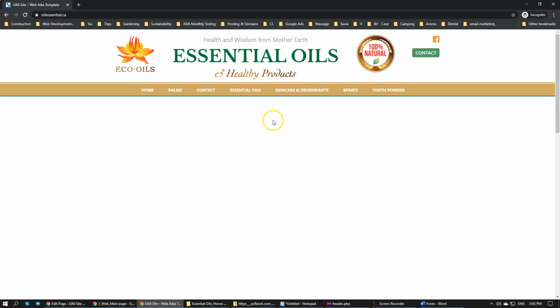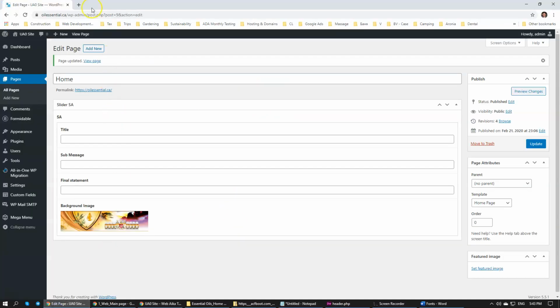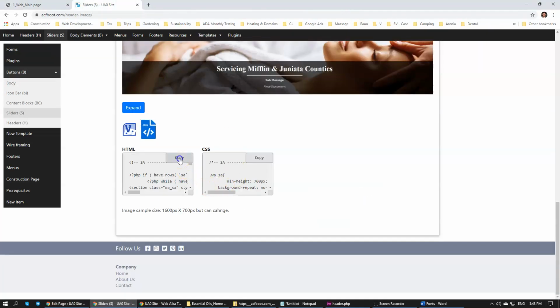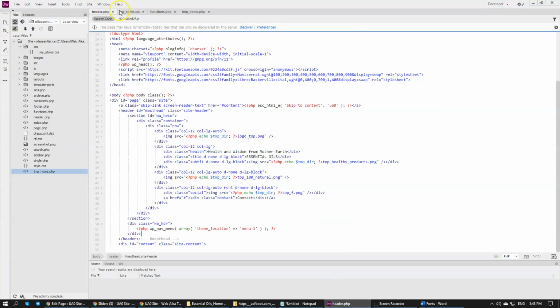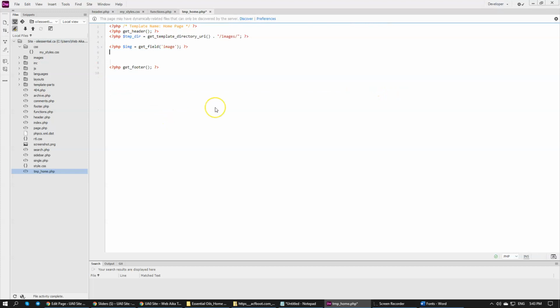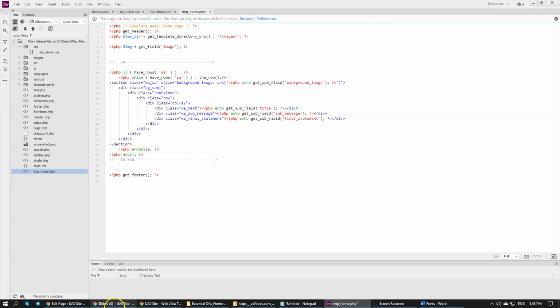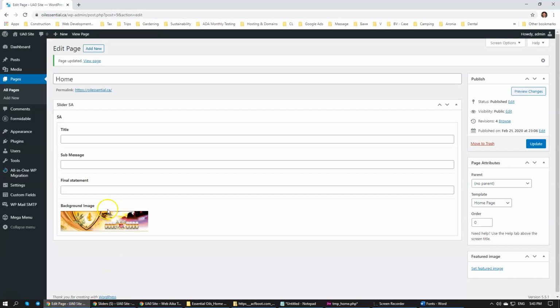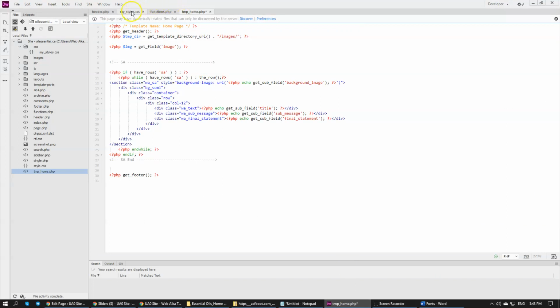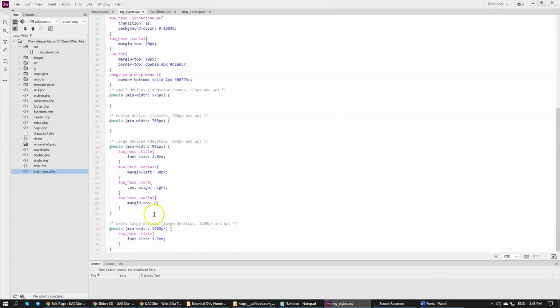And you'll see that nothing has changed because we need to do one more thing. I'm going to go back to HTML. I'm going to copy that. Template home. Instead of all of the lines over here, I'm just going to paste HTML code, and I'm also going to go back to CSS, copy the CSS files, go to my styles, and I'm going to paste it